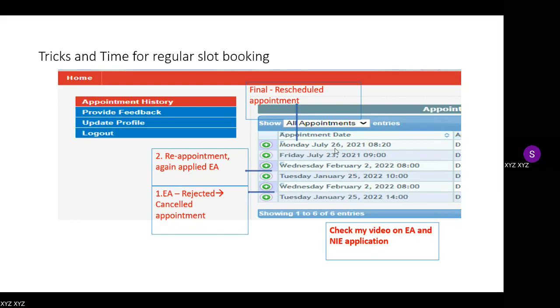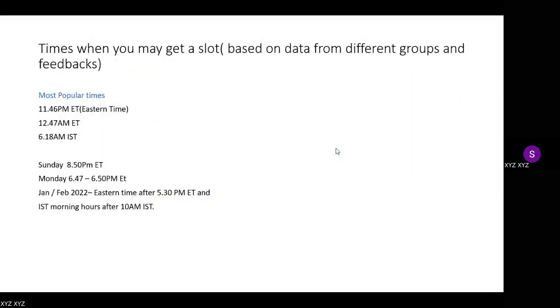Now the most important part of this video: the times. I got these appointment timings from different groups and Facebook posts, and I personally contacted those people and they mentioned these times.